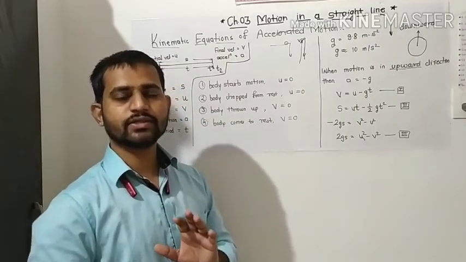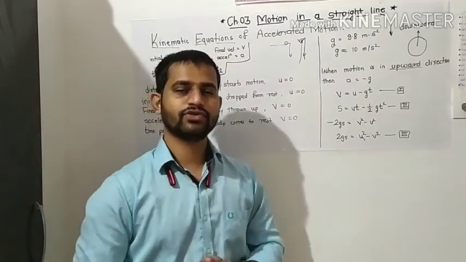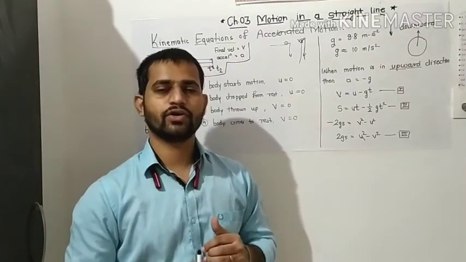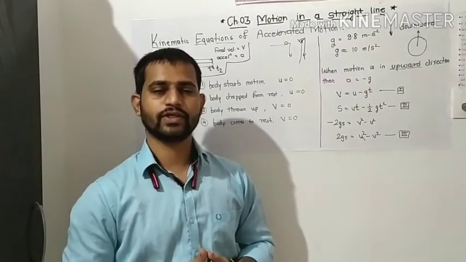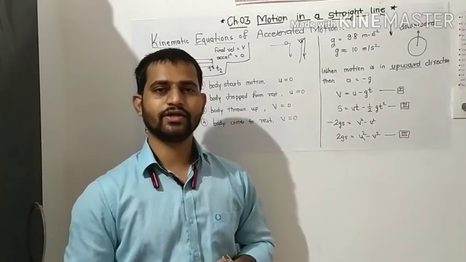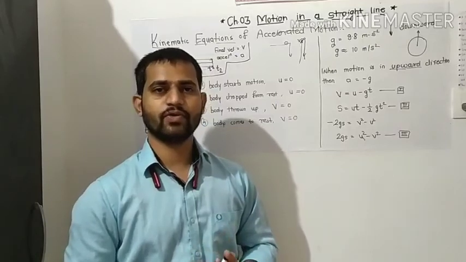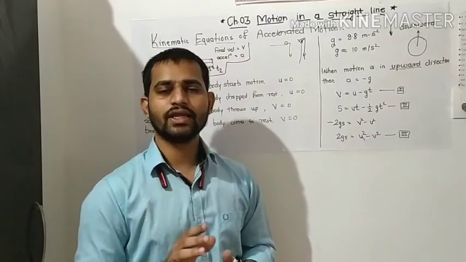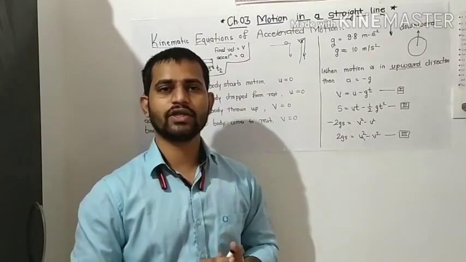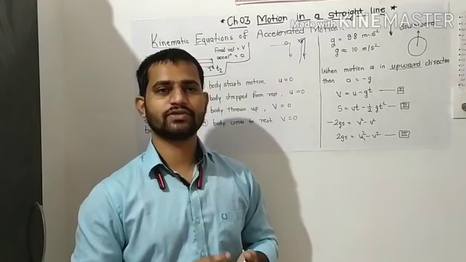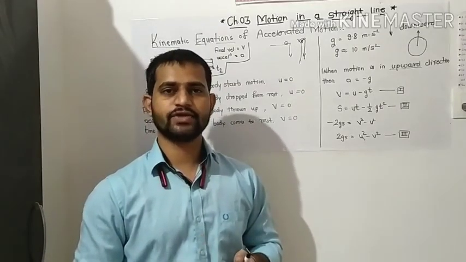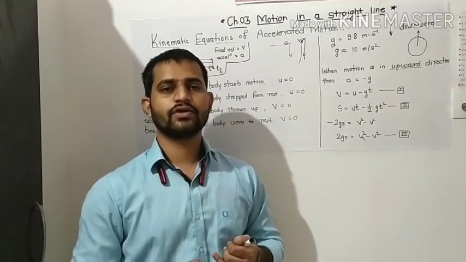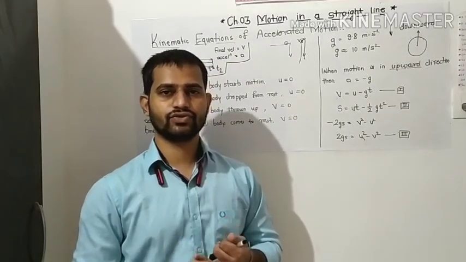Okay, so these are some kinematic equations of linear motion and some conditions of the sentences under which we have to solve numerical problems of accelerated motion. These are very important equations in our physics. We have to remember all the equations in sequence. The first equation is v is equal to u plus at. The second equation is s is equal to ut plus 1/2 at square, and the third equation is twice as is equal to v square minus u square.